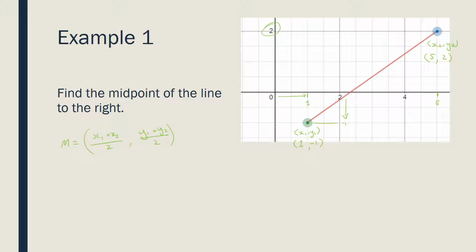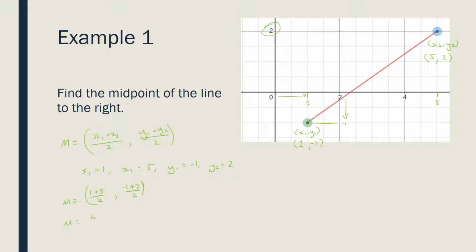So now we have our x1, y1, x2, and y2 points. Now you don't have to do this step, but I'm going to just rewrite it so it's very easy for us. So x1 we have is 1, x2 is going to be 5, y1 is going to be minus 1, and y2 is going to be 2. So now we can put our values into the equation. So we have 1 plus 5 over 2 and then minus 1 plus 2 over 2,